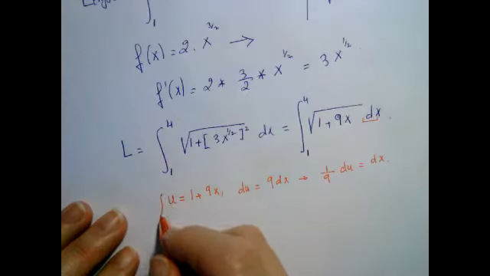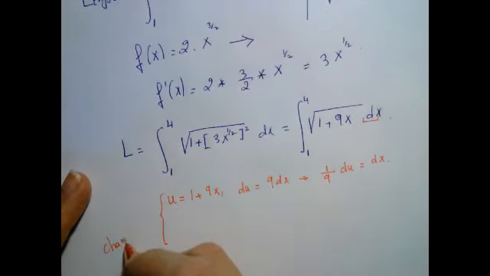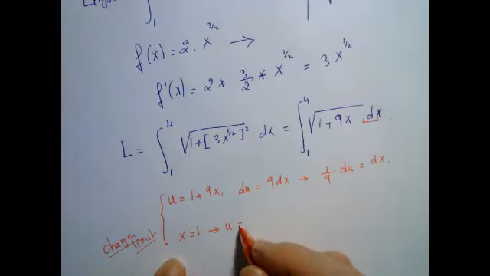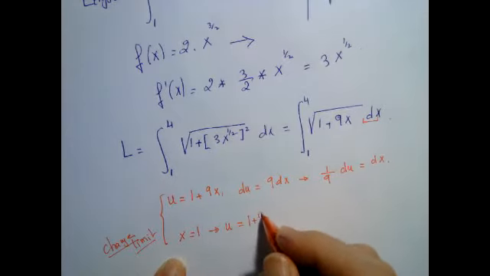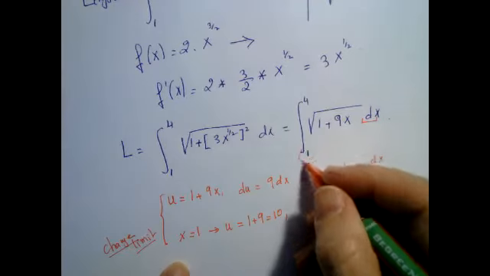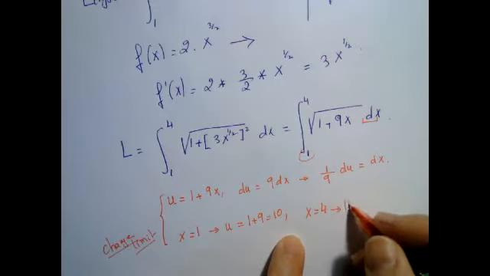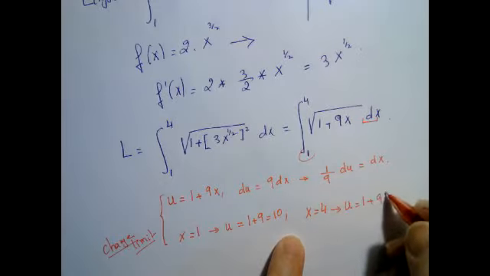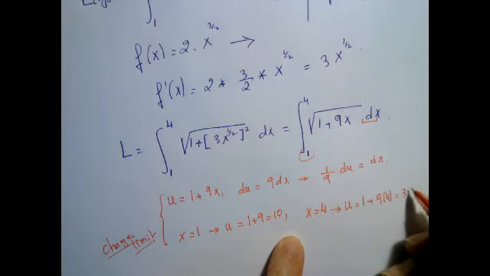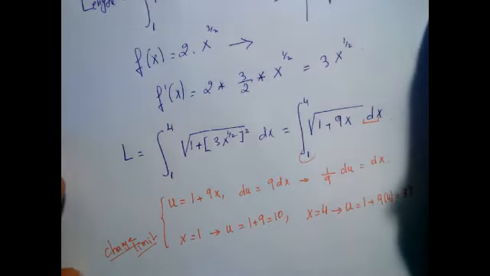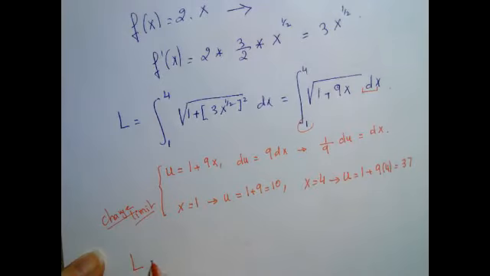Then I would like to change the limits at the beginning. You don't have to. If you want, you can do it, or you can wait till the end. Let's change them. When x is 1, I plug in 1 here and have 1 plus 9, which is 10. That's the lower limit. For the upper limit, if x is 4, then it becomes 1 plus 9 times 4, which gives me 37. And then my integral will become the length will be equal to